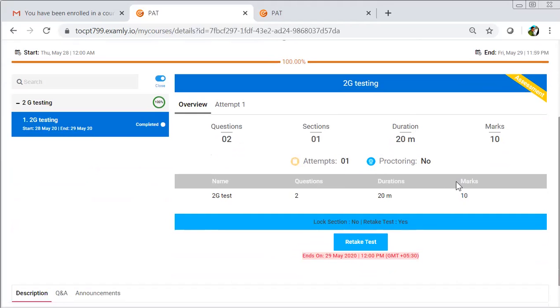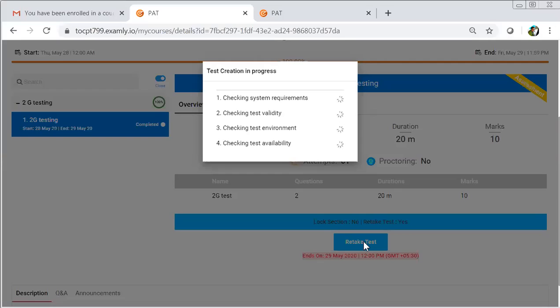It's only one. And this is the name of the exam, total questions, duration, summary here. By clicking this button, you can enter into this exam.